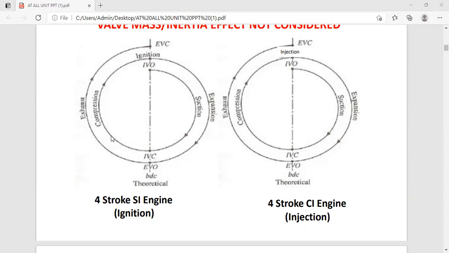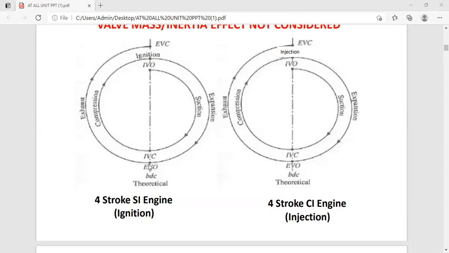So the opening of the inlet valve during the exhaust stroke is necessary to ensure the inlet valve remains fully open and fresh charge starts flowing into the cylinder as soon as the piston starts moving from TDC to BDC. So that's why we are placing the inlet valve opening 10 degrees before and it closes after BDC, 20 to 50 degrees as per the engine. In case of slow speed engine, it is 20 degrees and in case of the high speed engine, it is 50 degrees. Next point is the exhaust valve.